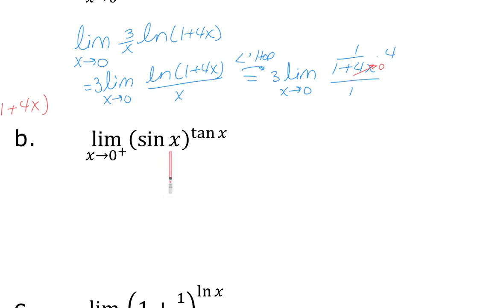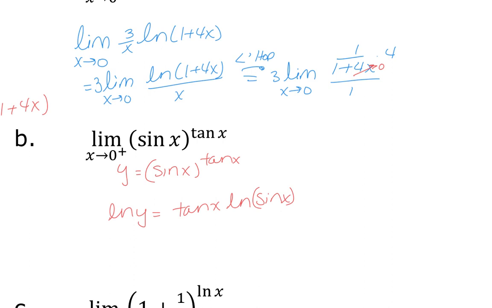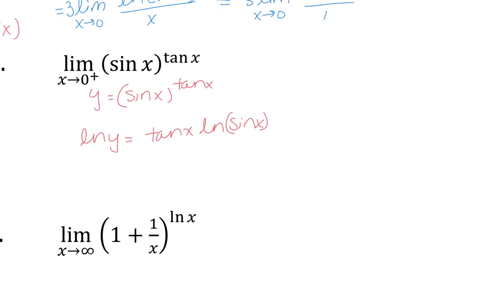If I try to put in 0, I'm going to have 0 raised to the 0. So I'm going to do y is equal to the sine of x raised to the tangent of x. This is going to give me the natural log of y is equal to the tangent of x multiplied by the natural log of the sine of x. If I try to put in 0, tangent is going to go to 0, and the natural log is going to go to infinity,